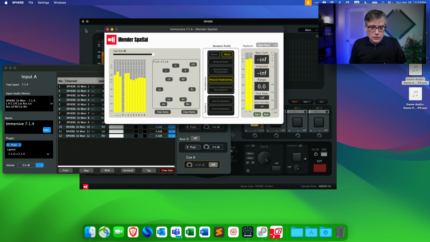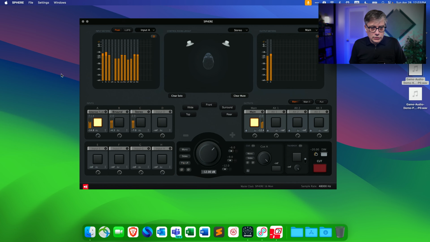And once again, I can now switch, and I don't need that open, so let's just close that. I can now switch between the head tracked binaural, the binaural that is coming out of Mixbus, and the regular stereo, and I can switch back and forth however I want. It is very, very seamless, and once again, very easy to do. Now, as you can see, this is very easy to set up and provides you with a mixing environment where you have the most important versions of your mix available at the push of a button.